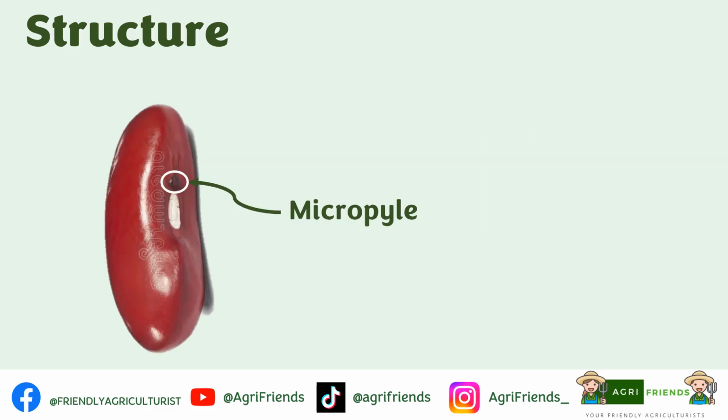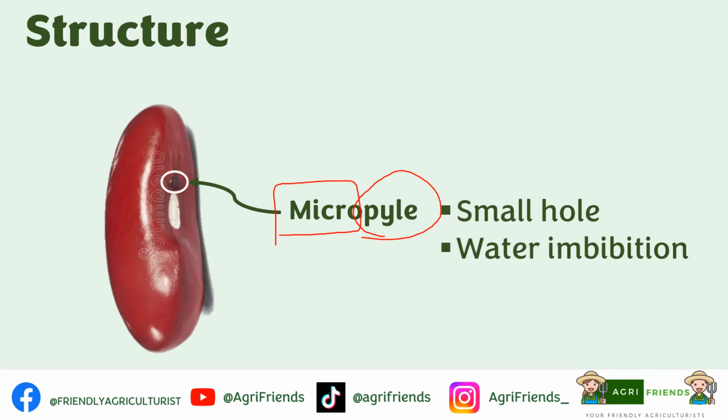The micropyle: micro meaning small, and the word pyle from the Greek word pule meaning gate. Thus, micropyle is a tiny hole through the seed coat. This hole originated from the ovule that initially serves as a passage for sperm to fertilize the egg. It is retained in the seed after fertilization, and it aids in germination by allowing water to enter the seed during imbibition. This is also the site where the root will emerge.